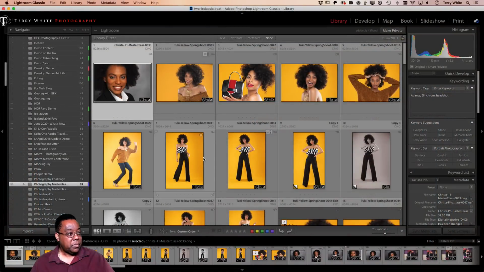Before I switch over, let me head over to my proper collection so I can be working on the photos I want to work on. I think these will do it. Yep, these will do it. All right, so let's switch over to my desktop so you can see me. And here we are on the desktop. What I'd love to do is start with my first tip.